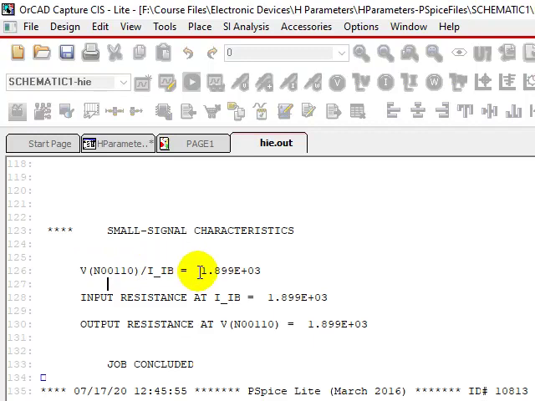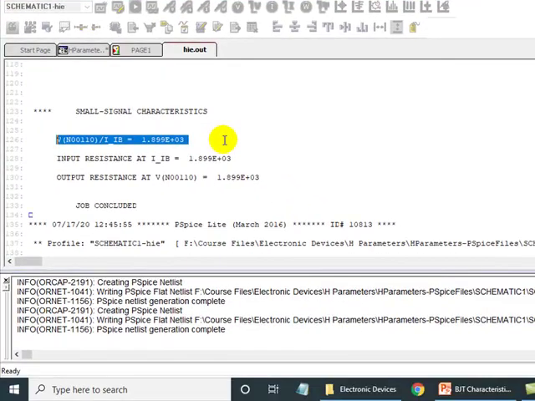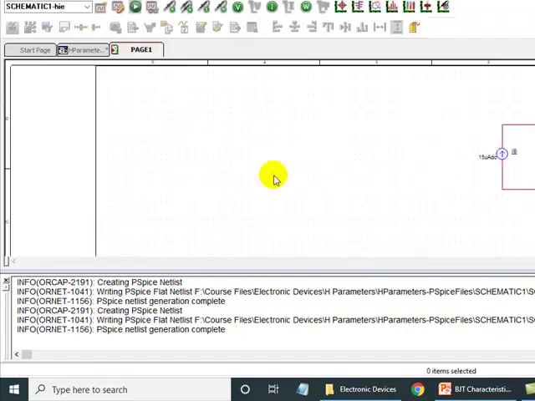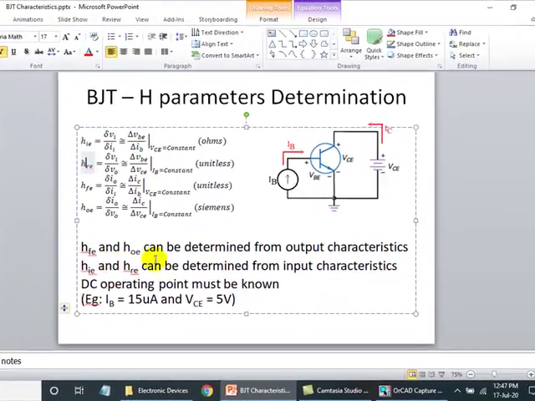So that is 1.899 times 10 power 3. So HIE is 1899 ohms. So it is very easy to determine with this procedure. So I found out what is HIE, 1.899 kilo ohm. So let us calculate next parameter, that is HRE.